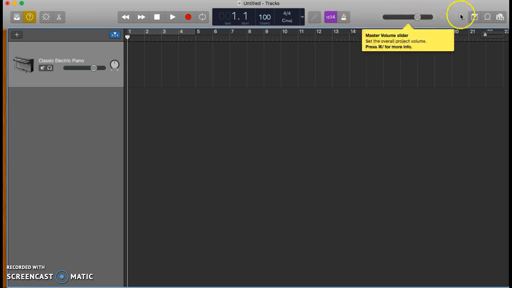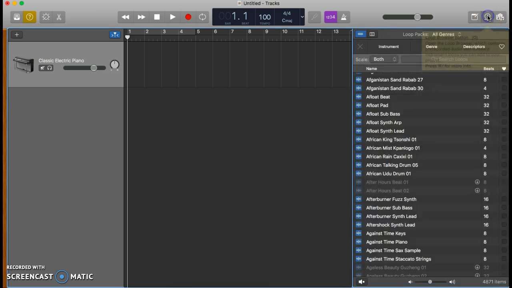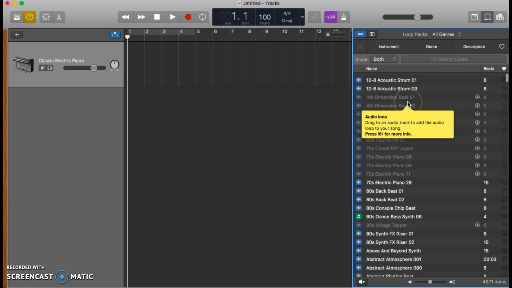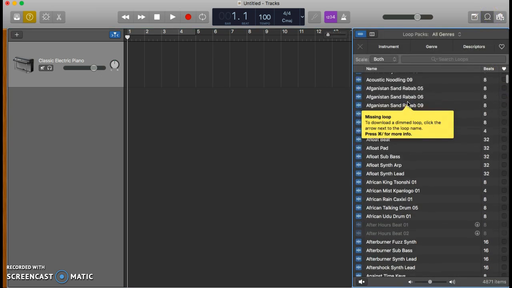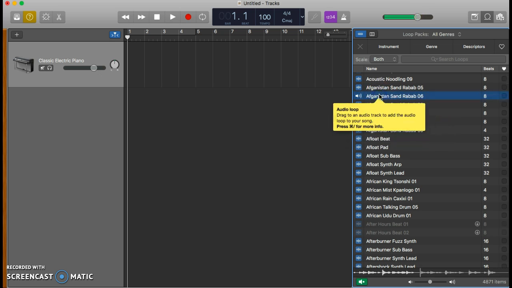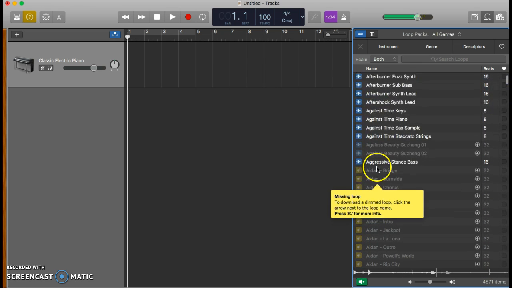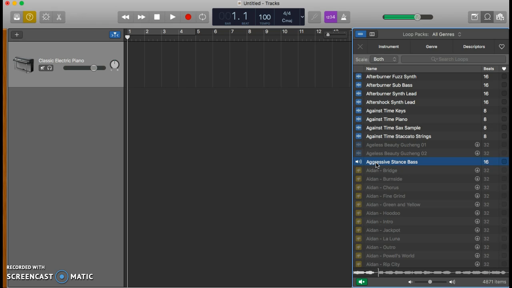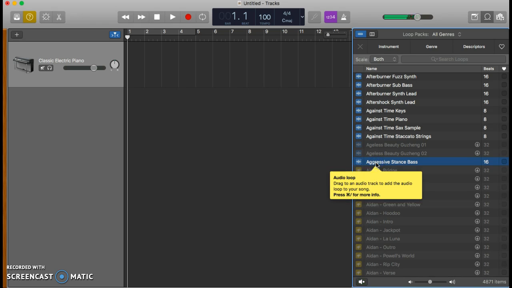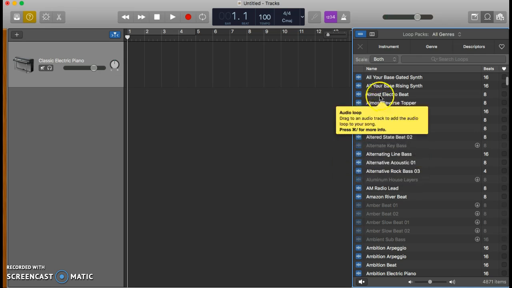And the button you're going to want is this guy right here, the loop browser button. When you click on it, ta-da, you have all of these different pre-recorded sounds. So once you have found one that you like, notice I'm just clicking on them to see what they all sound like. But let's say I want to start with beats. So once I found one that I like,